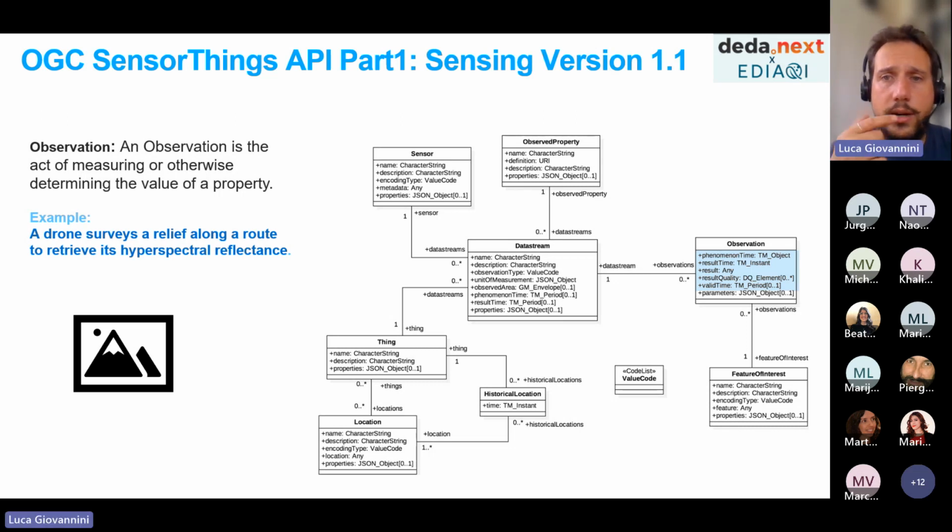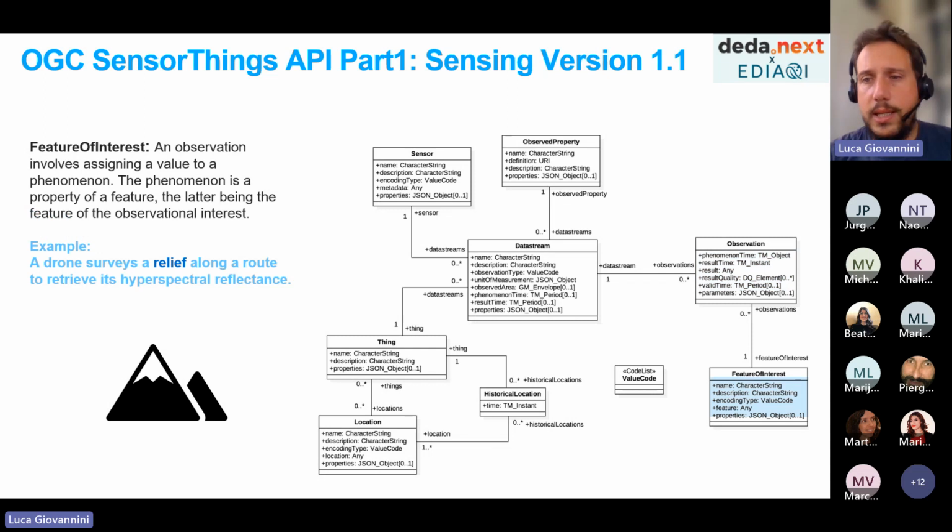And any of these entities has an attribute called property that allows you to add any extra information to each of the entities, in addition to the standard attributes that are mandatory and defined in the standard. So it's open to personalization.